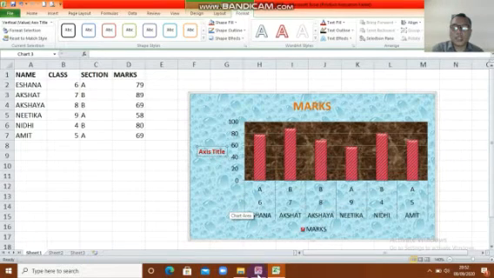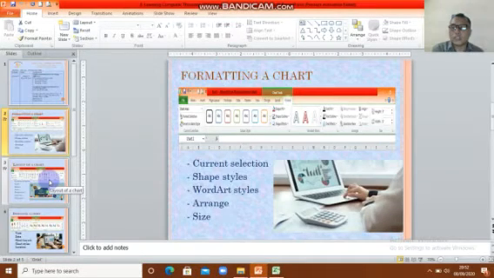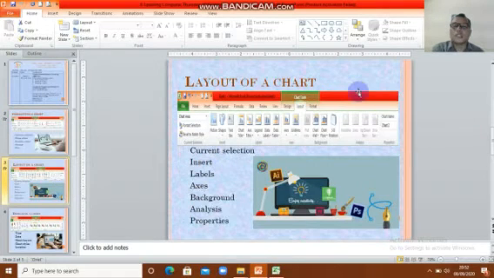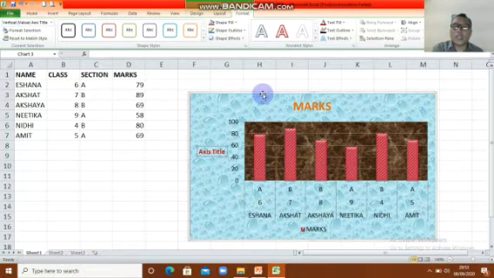Okay, next we see, after formatting a chart, this one, the layout of a chart. You can see it here when the chart is active. Kid, I'll remind you again, repeat one more time: you can see Format, Layout, and Design when the chart is active.